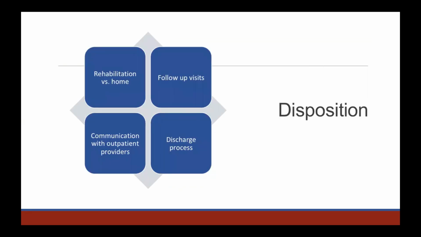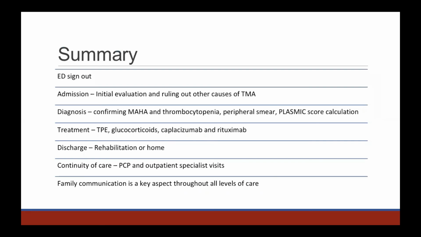So a brief discussion about the steps that would follow once the patient does improve is just to ensure the patient has a good long-term recovery with rehab versus going home, ensuring close follow-up visits and communication with outpatient providers, and the discharge process itself that's taken care of by the hospitalist medicine. And a brief summary would be, through our whole presentation, what we've gone through and how hospitalist medicine can play a very key role in a patient who's presenting with these symptoms, as we may be the first people that are contacted for an admission.